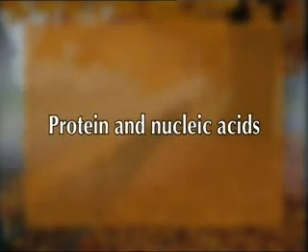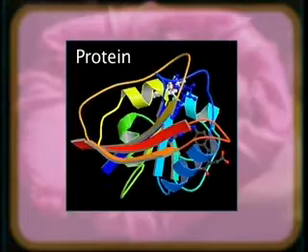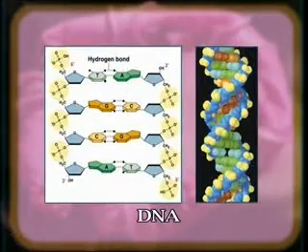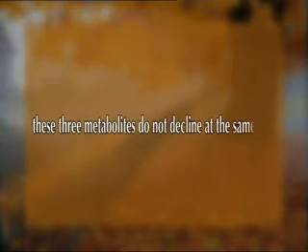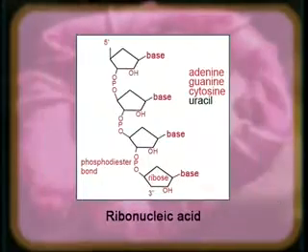Number 4. Protein and nucleic acids. The most basic of all events accompanying senescence is the decline in protein and nucleic acid levels. It has been shown that although there is a decline in protein, RNA and DNA of senescing tissue, these three metabolites do not decline at the same rate. There is an early gradual decline in protein and RNA about the time when vegetative growth ceases, while DNA decreases